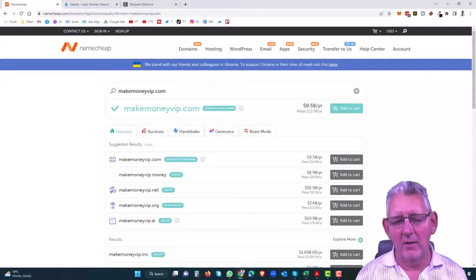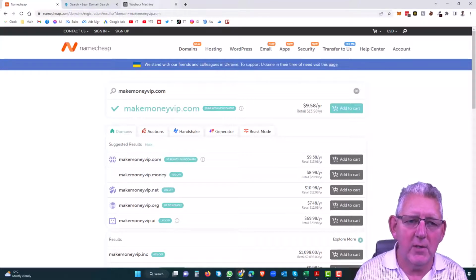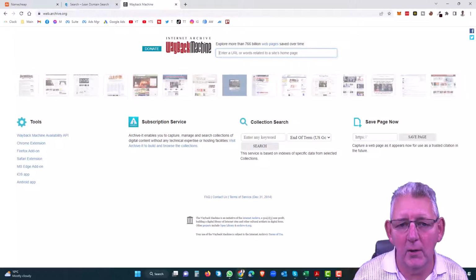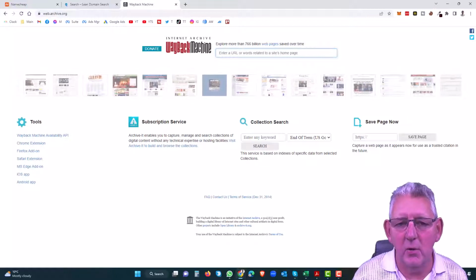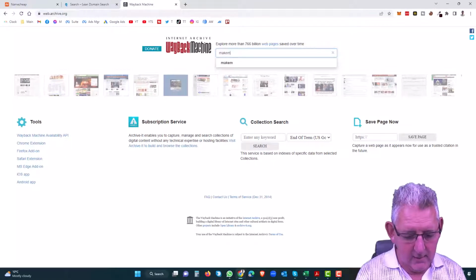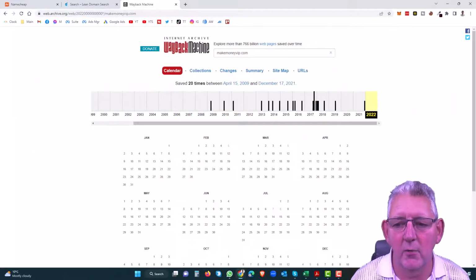So now we get to the real crucial tip that you need to know about choosing domain names. The fact is, this domain name might have been registered in the past, and if it has, what has it been used for? Because if you're looking to build a search engine optimized site or looking to get in the Google rankings, what if this site has already been in there and got a real bad reputation? The way we check that is go to this site that's called archive.org, and we actually go to web.archive.org. And in here we're going to enter the URL of that website. Okay, so it's makemoneyvip.com, and we'll just do a search here and get the results that come up.